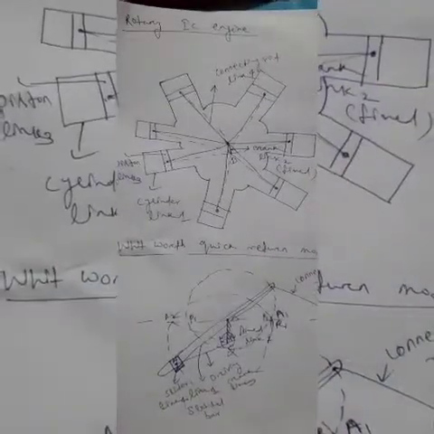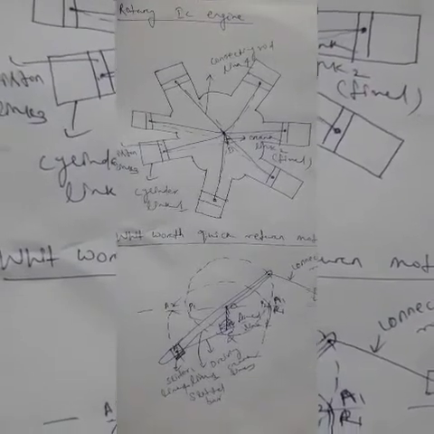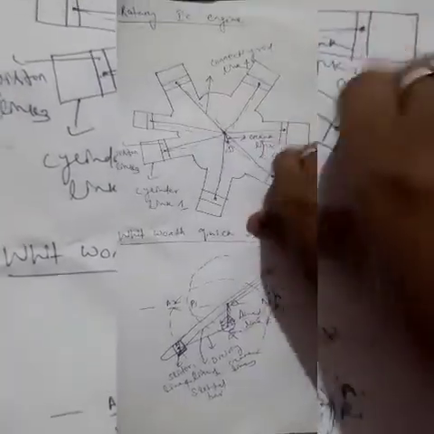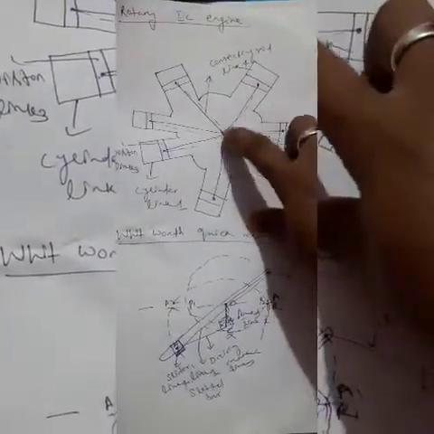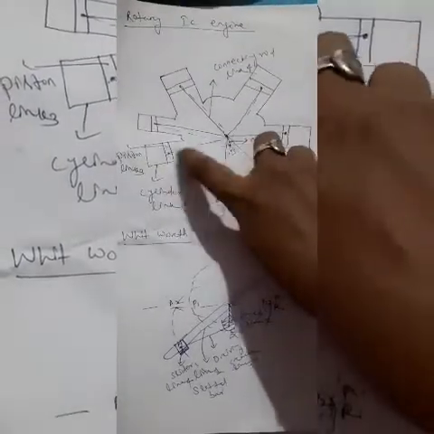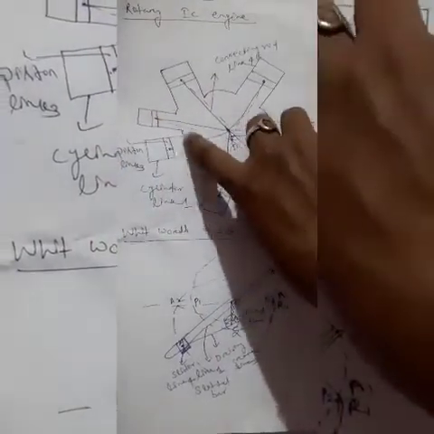We will discuss the rotary internal combustion engine. In earlier days it was used in aviation. It has 7 cylinders, all attached to this fixed point D, and this is the crank. Here the crank is fixed, and this connecting rod rotates about the fixed point D. Because of the movement of the connecting rod, this piston also reciprocates inside the cylinder.